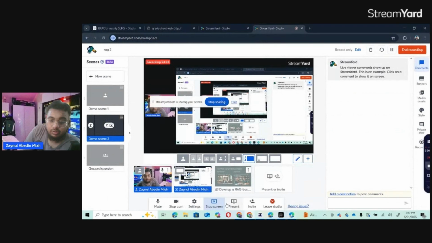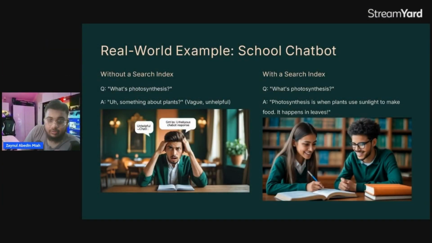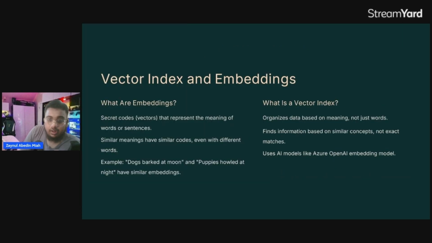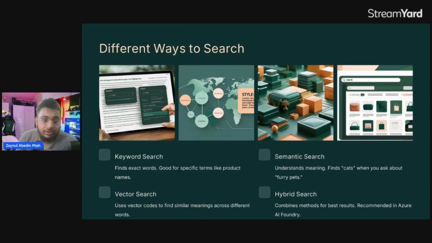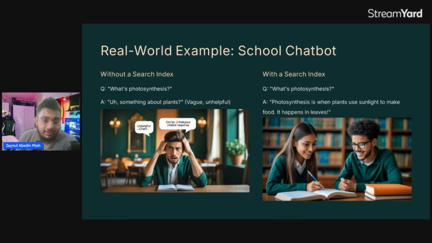Also, I will share the slides with you so that you can learn more about RAG models. And also, if you want, I can share the exercise so that you can try out different levels. Also, you can deploy it as a RAG model, or you can deploy it as an